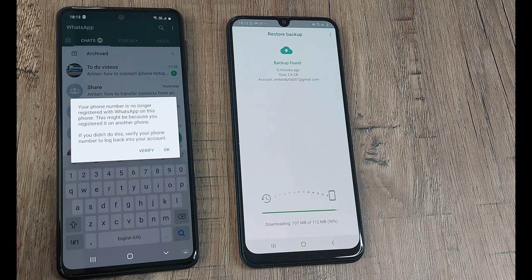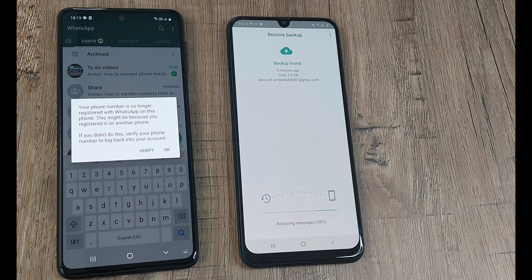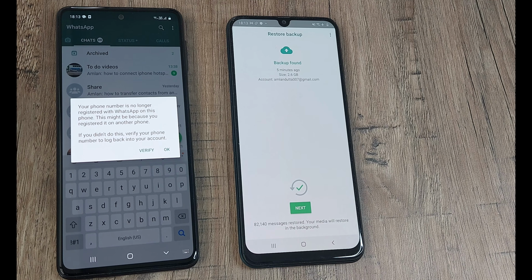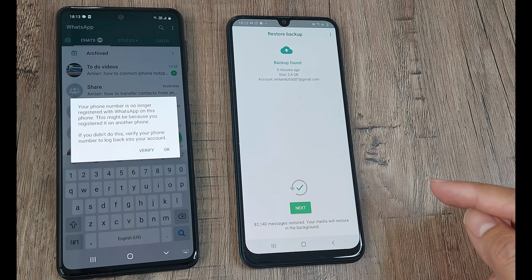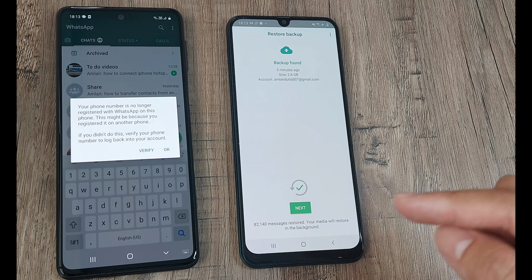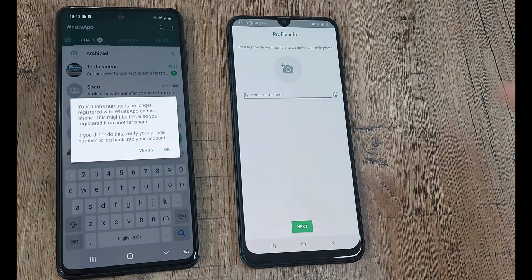So it's almost getting done. So here you can see now it's restoring messages. It's going to take some time because it's almost 3 GB, so hold on. So there you can see 82,140 messages have been restored. Now it says that your media will restore in the background, which means that we included videos and that's also going to get restored. I click on next and I put in my name